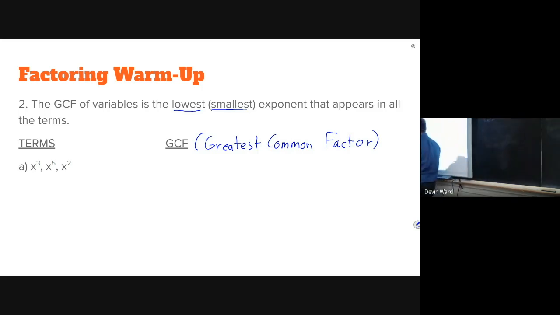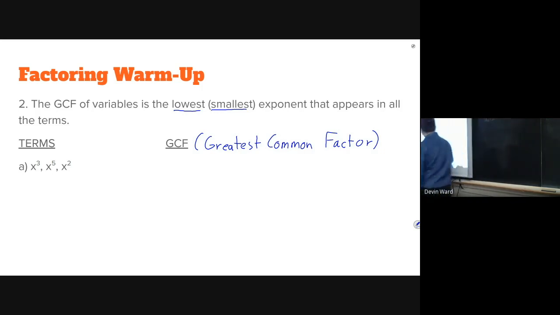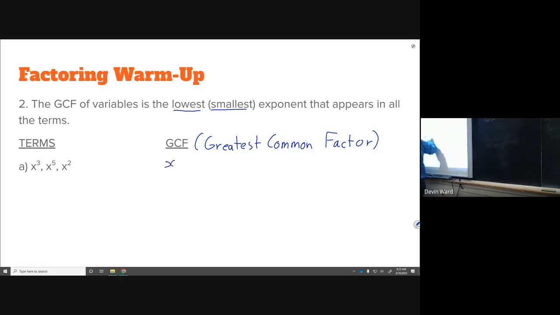Out of x cubed, x to the power 5, and x squared, what has the lowest exponent? 2. So x to the power 2 would be our greatest common factor,